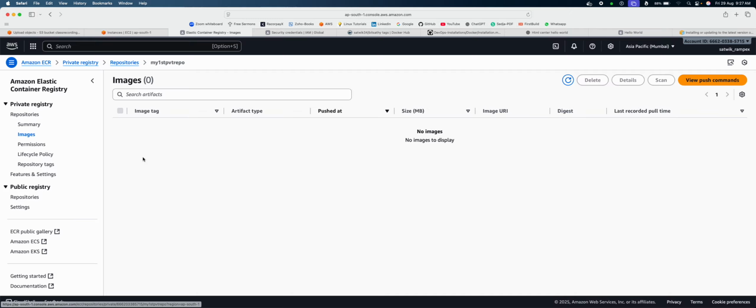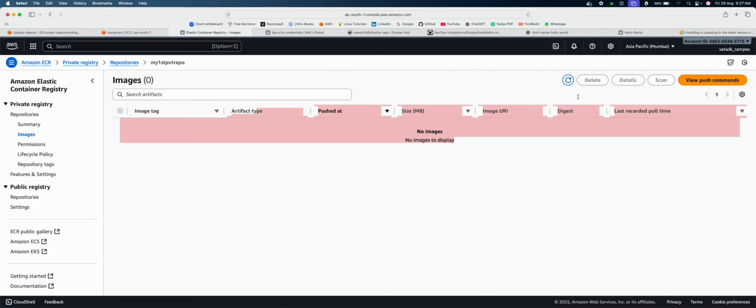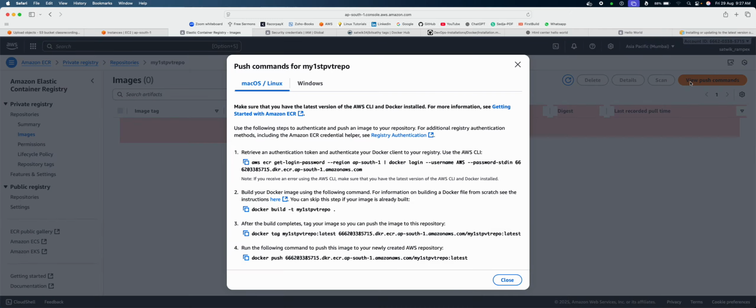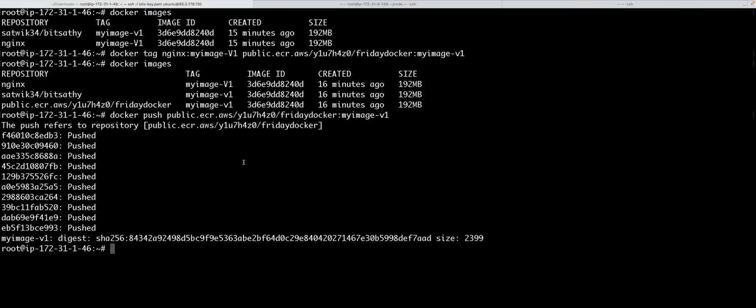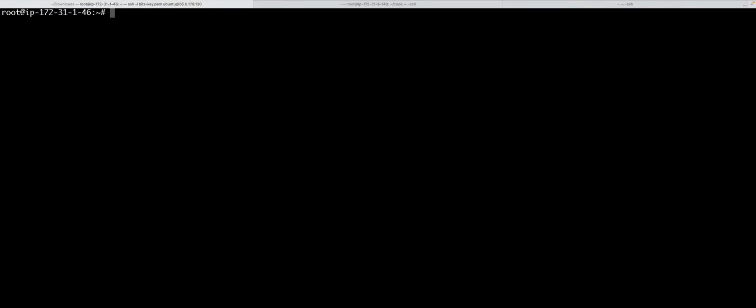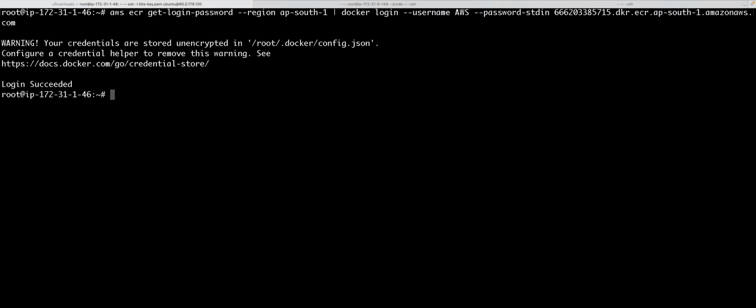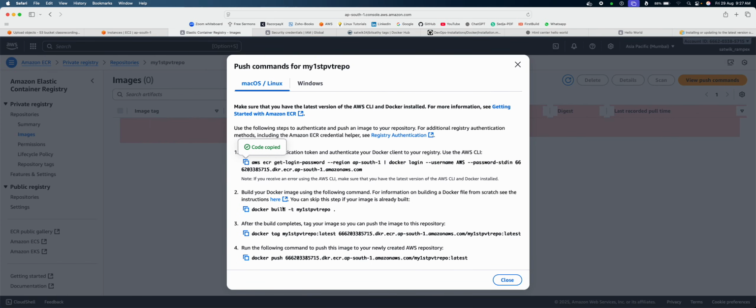Repository has been created and even the push commands are available here. So these are the push commands. We have already logged in. If you wanted to log in again, copy this command, use this command, enter. It will say login succeeded. And next you need to create a tag. Build we have already performed. So use this command